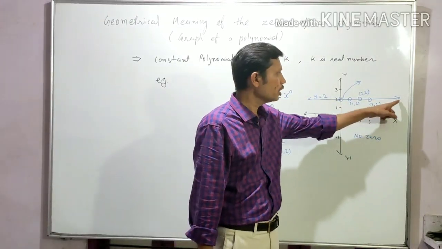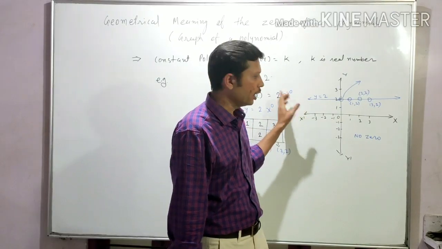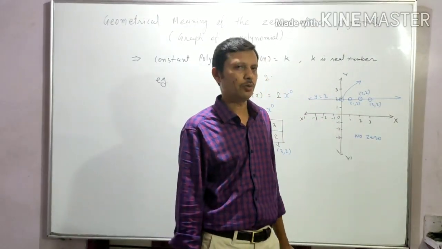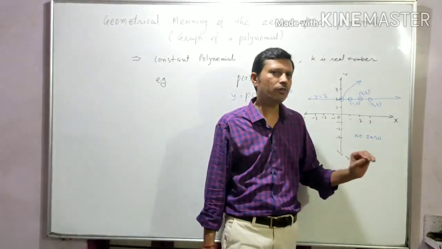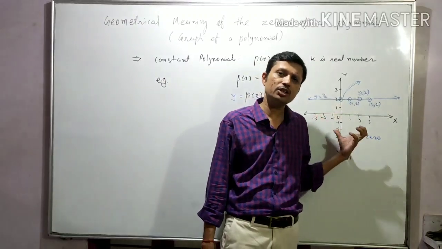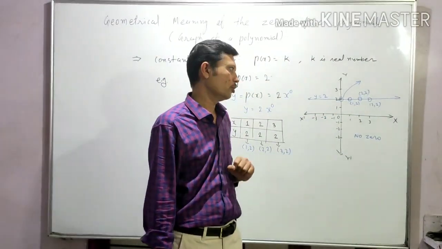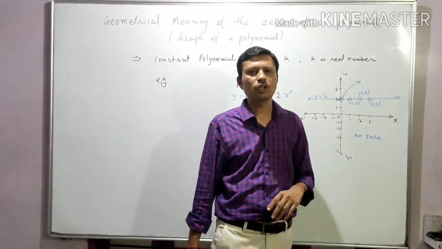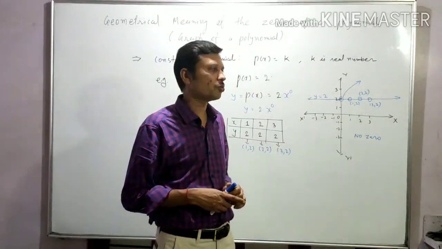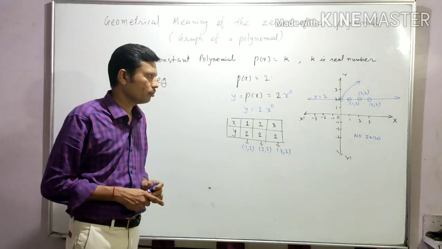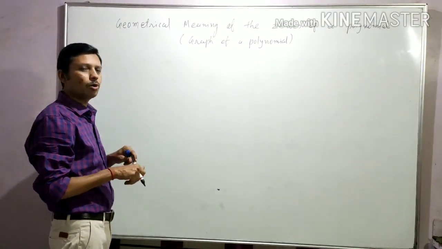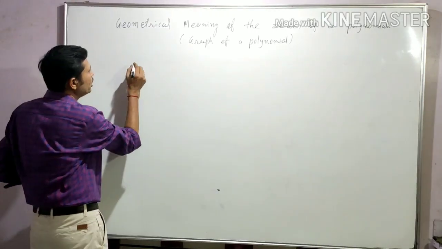Now we can see here the y is what? 2. There is no place where y, that means p of x, becomes 0, right? So we didn't get any value of the variable x here that makes the polynomial value 0, right? So in the constant polynomial there is no 0, that has already been noted in the zeros of the polynomial. Okay, understand? Okay. Now we will discuss the graph of a linear polynomial.